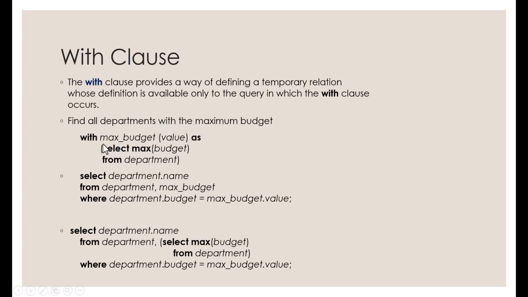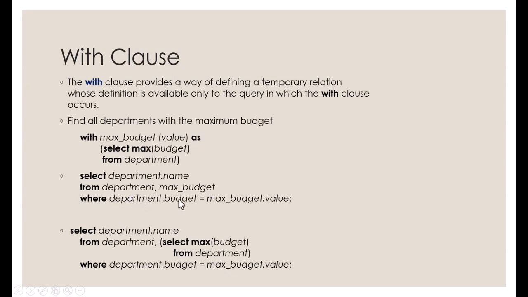And then that's defined as select, with an aggregate function max of the budget from department. So this is called the max budget relation, and this max budget is called value. You can use this max budget as if it's just another relation. It's like a temporary relation that you just defined. So we have select department.name from department, comma, max budget. We are taking a Cartesian product between department and the max budget that we just defined,